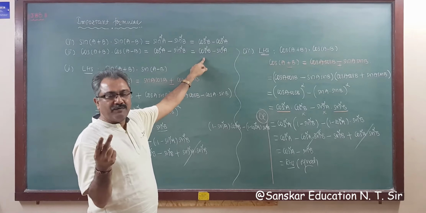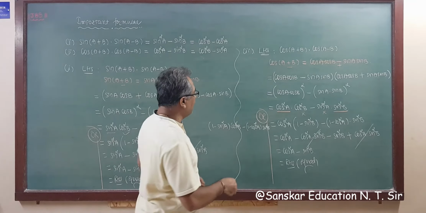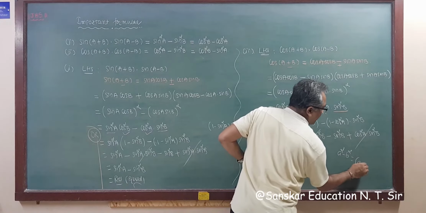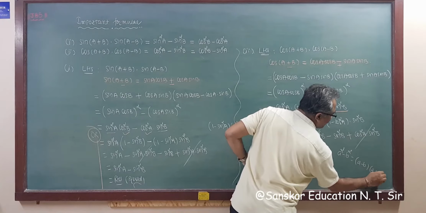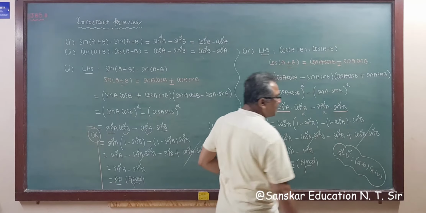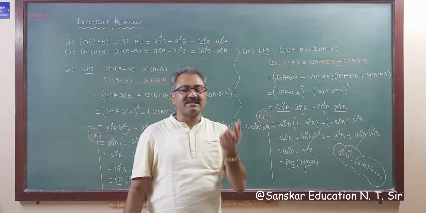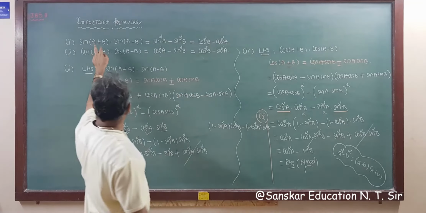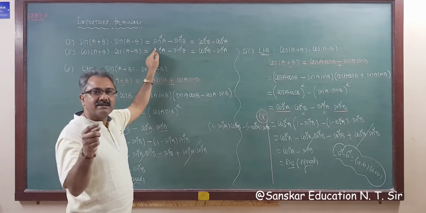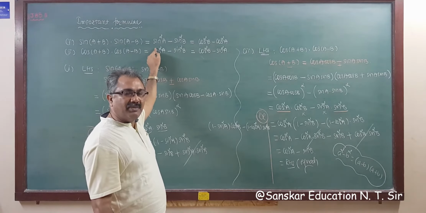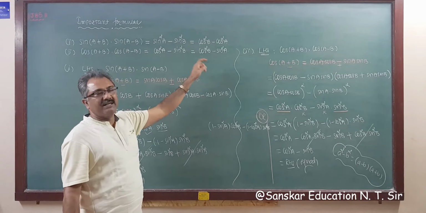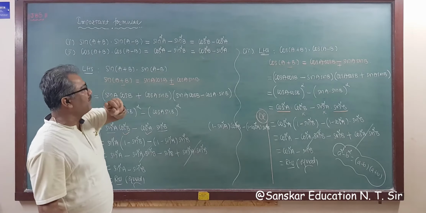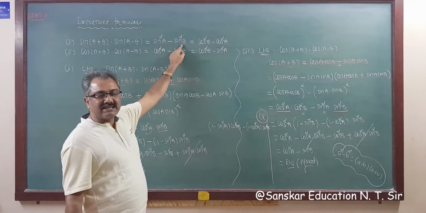So these are two important formulas, same as your formula A square minus B square equals A minus B into A plus B. This is the same formula, but here the functions are sine and cos. So sin(A plus B) sin(A minus B) is sin square A minus sin square B. And if you want cos, then reverse this. Okay, so cos square B minus sin square A. So also remember this thing.